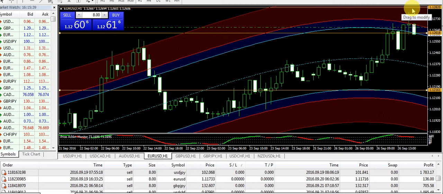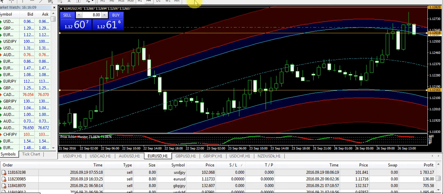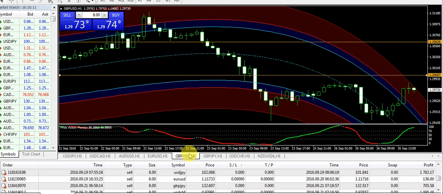Similarly, look at the other pairs. I'm on Euro USD right now on H1. The market entered into the red zone, and after that you can see the bearish momentum has started. This is the live trading platform. I'm not showing you any kind of fake pictures here. So look, the market is currently falling. If I go to the lower time frames, you can clearly see after coming into the red zone, the market has a downfall here. So you can also trade binary options with this trading system, as well as use it on the forex trading platform MT4.